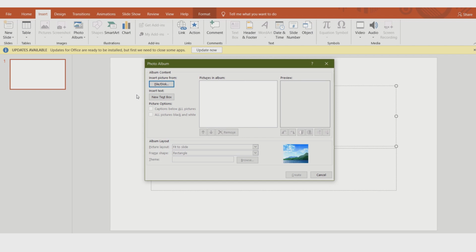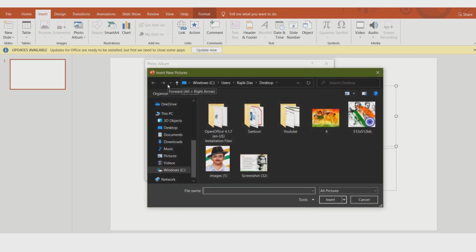These photos you have to insert using this button, File or Disk. See, insert picture from file or disk. That means you can choose the file where your photo is already saved. So I am clicking on it.